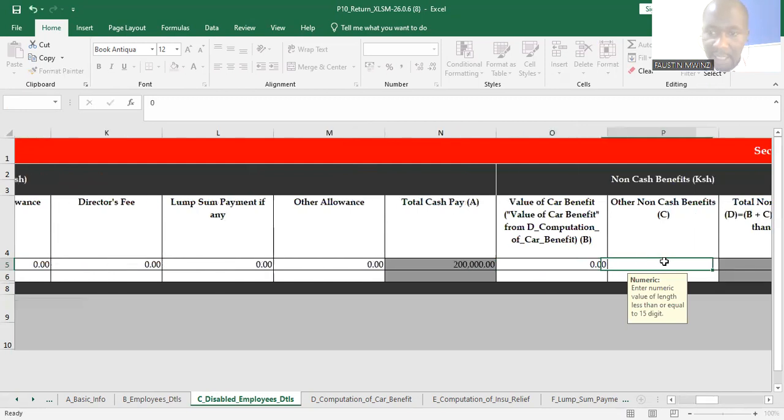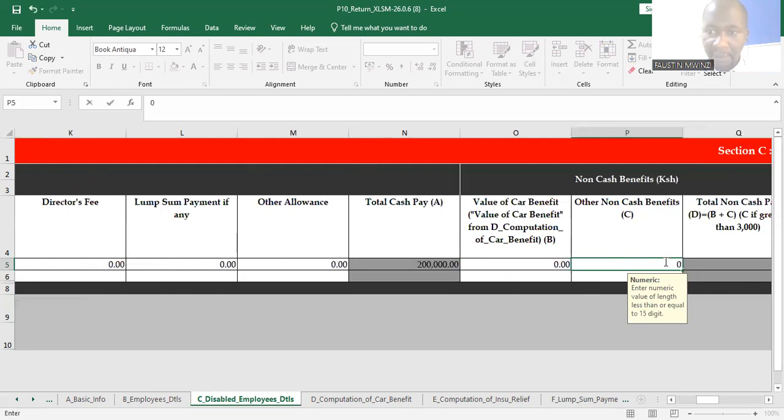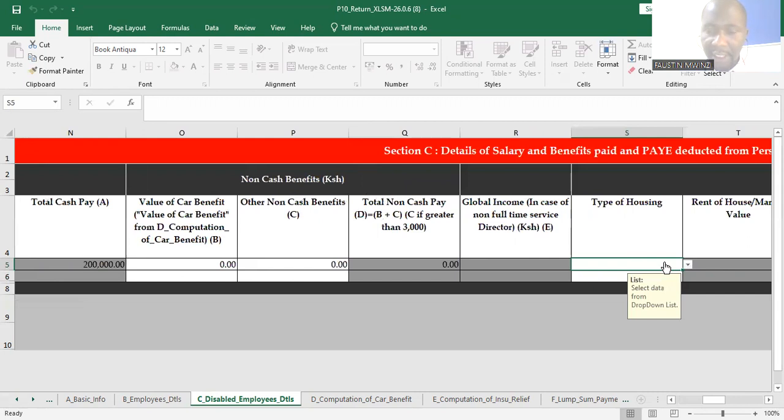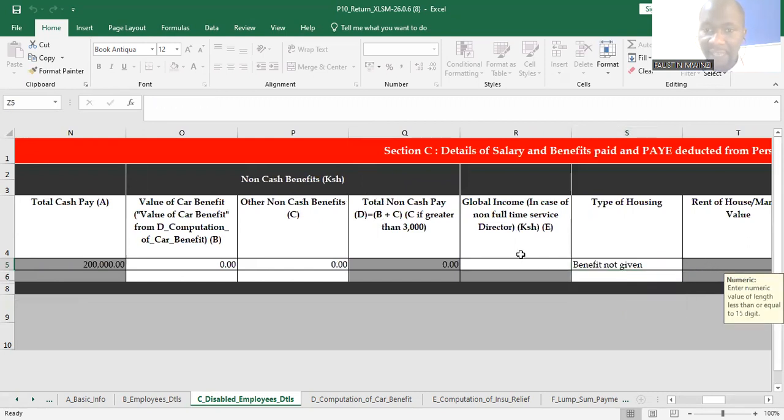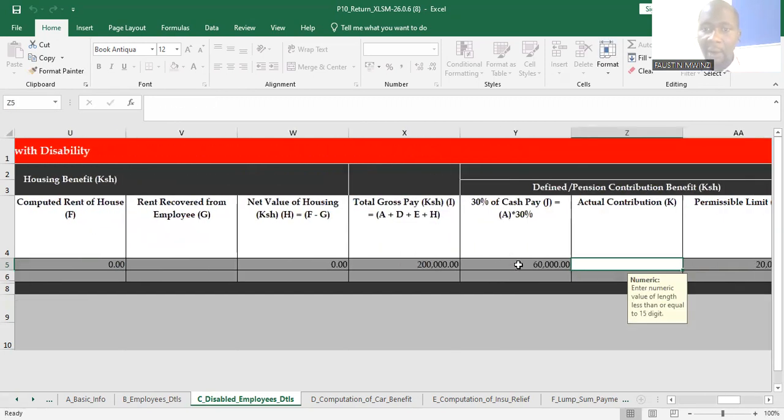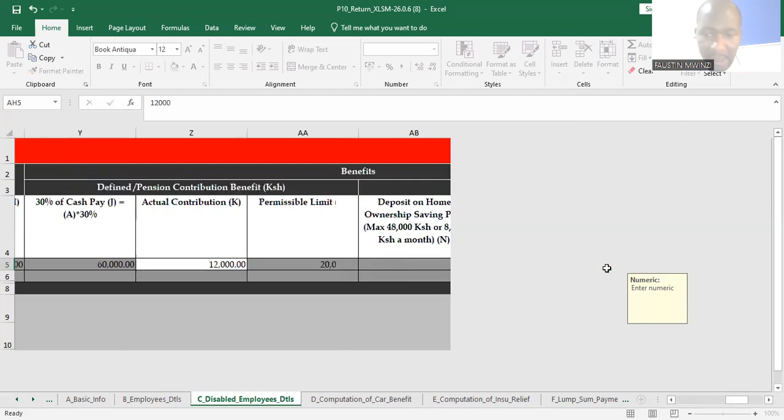Value of car, I showed you how to compute car, but for now we'll ignore it. Type of housing, not given, but if it is given, then we see how it is computed. Now, amount of pension. Did you see for secondary employees, we never had this. Pension contribution, we must have the actual amount, but for the time being, let me assume 12,000 shillings for illustration's